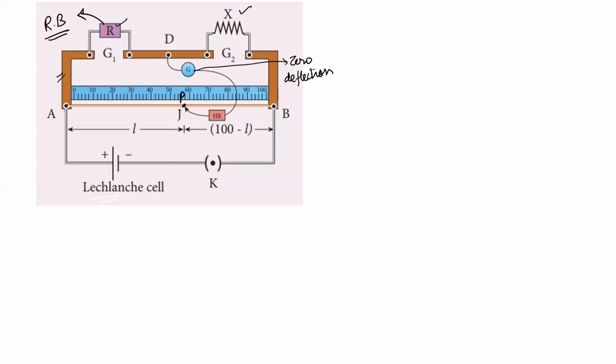As we know that this wire is on the meter scale, we will come to know at what particular length the galvanometer shows zero deflection. The most important point is, this wire of manganese and constantan must be uniform throughout. It should not have a smaller or larger area anywhere, and it should have the same composition.